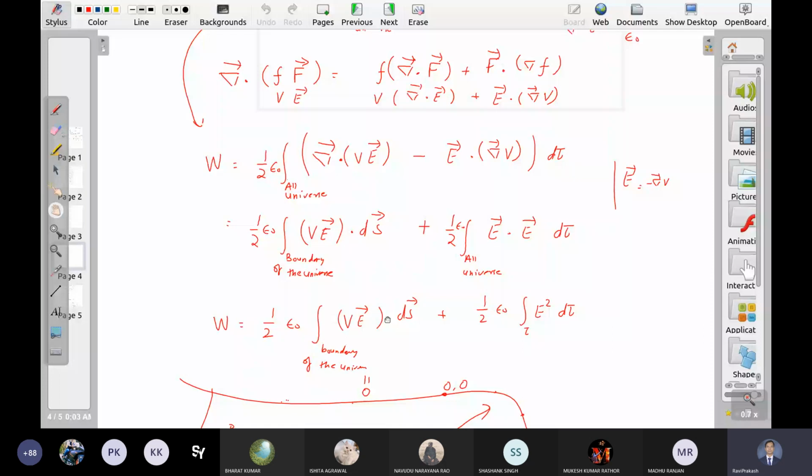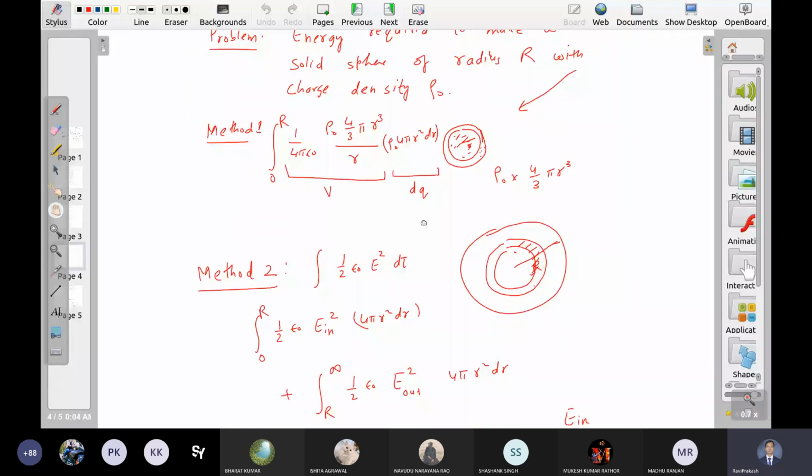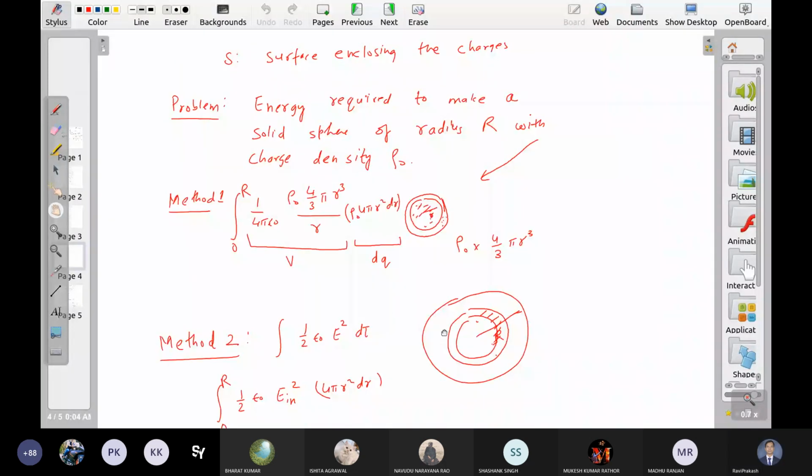Sir, in the last class you created a solid sphere full of charge, right, sir? Then, sir, we have to do some work to create that sphere. That work is called surface energy, sir. Right. Okay, so in that sense, you can say it's surface energy. So this whole derivation is about calculating surface energy. There are many methods, like method 1, do it in a generic way.